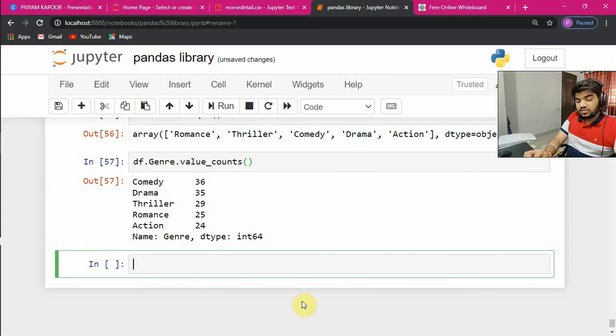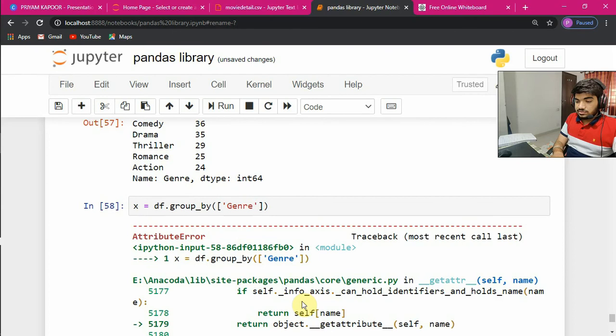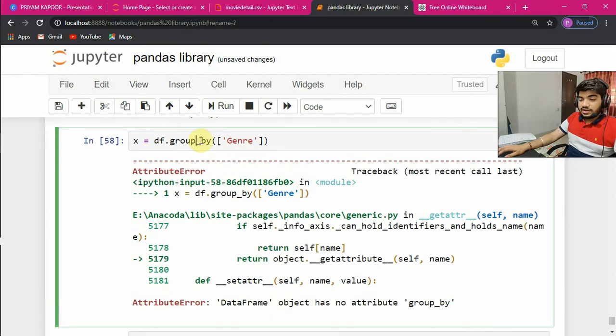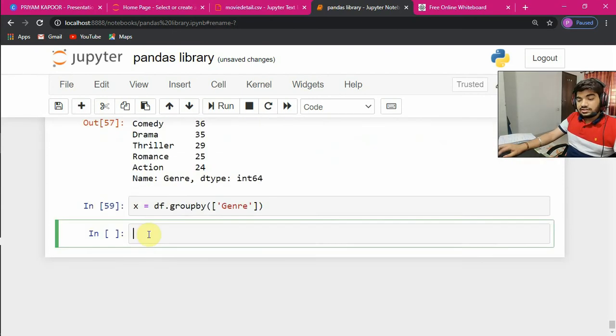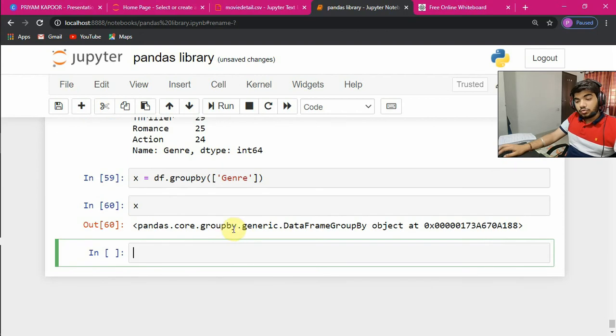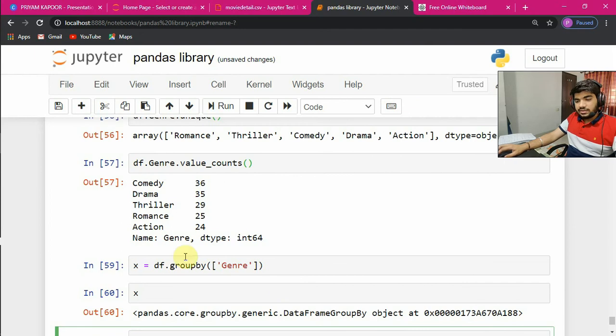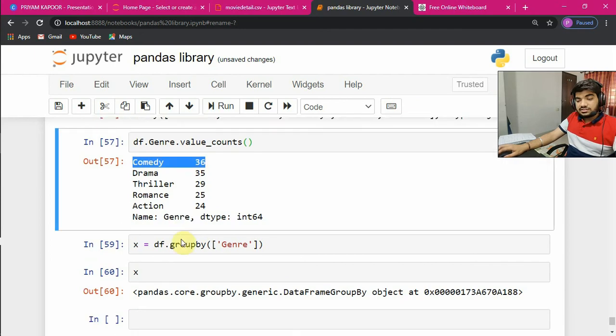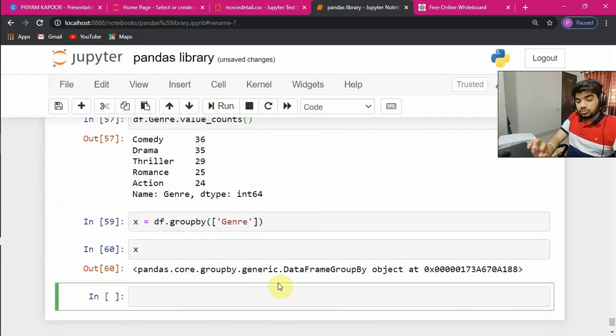So first of all, what we have to use is groupby. Let's say x equals df.groupby. In this, we will be giving the values. So create a list, and in this write genre. Okay, the issue is that I don't have to give the underscore. So now when I run x, I will get a pandas groupby object. Now this group has different values in it. It has already grouped the values like this. Now I have to get these values out. So it's going to be easy.